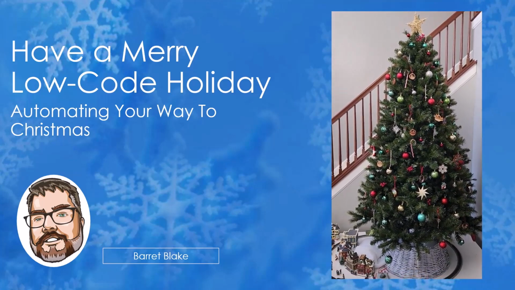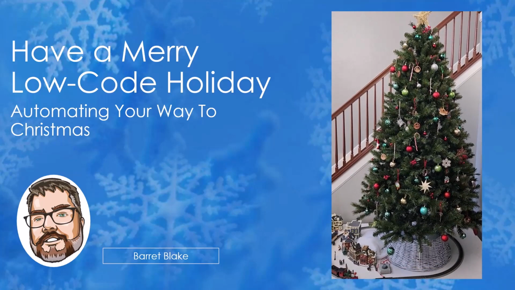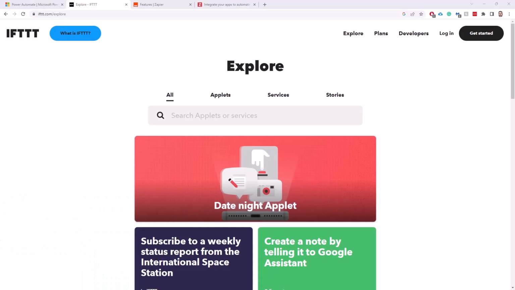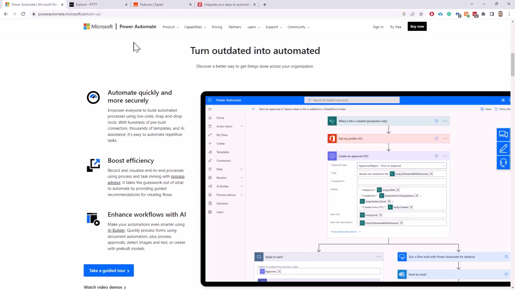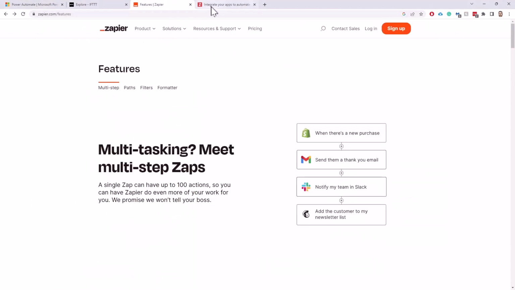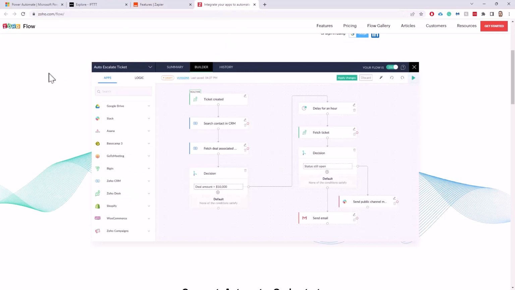The first thing I want to delve into is what we're talking about when we talk about low-code solutions or automation solutions. There are a number of solutions out there. There's Power Automate, there's Zapier, there's Zoho Flow. Most of those focus on the business space, though. But if you want to